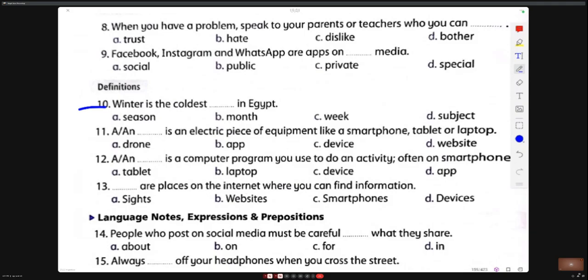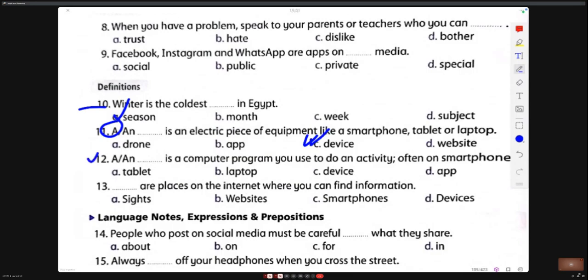Winter is the coldest season in Egypt. A device is an electric piece of equipment like a smartphone, tablet, or laptop.